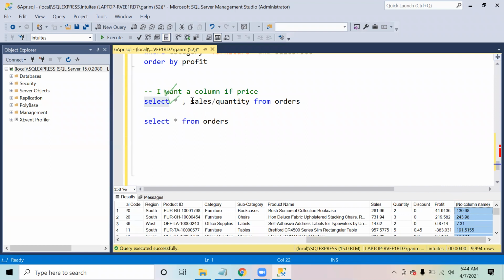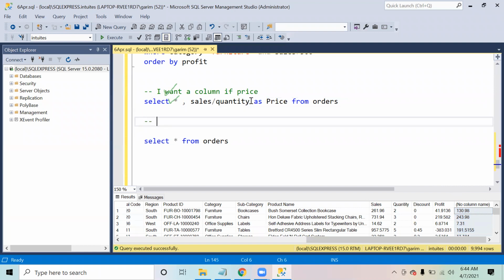If you want to give a column name to this calculation, you simply say as, and write price. As stands for alias. Alias means a dummy name or a reference name.